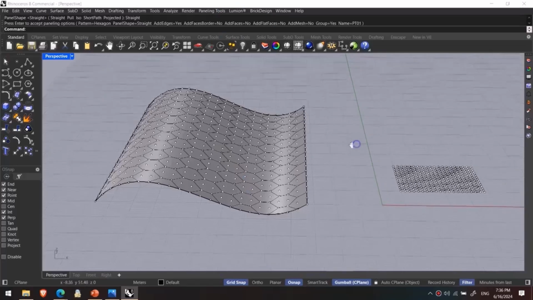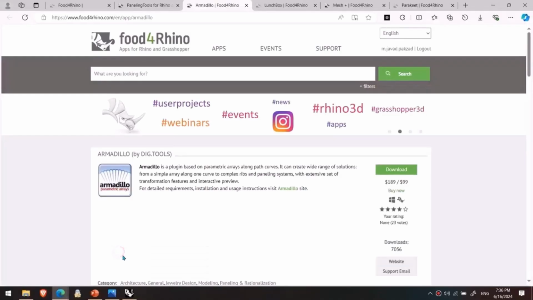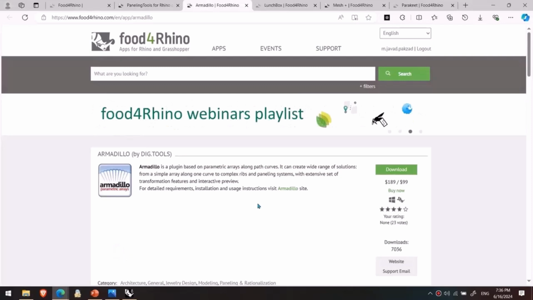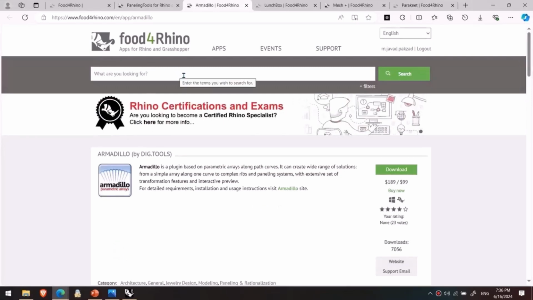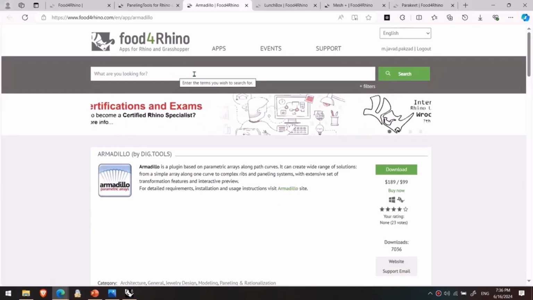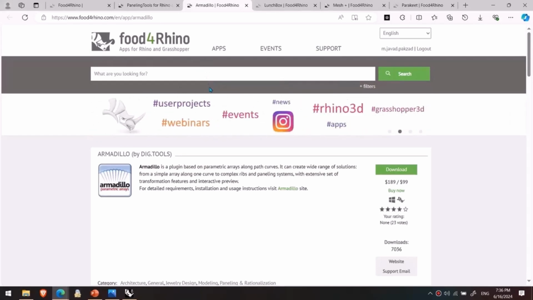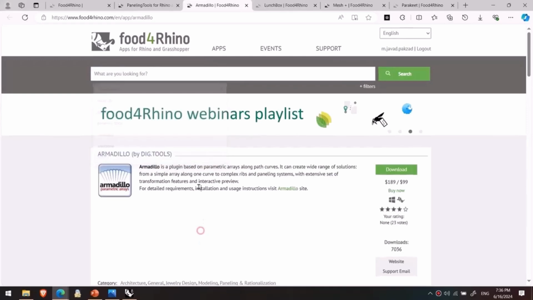plugin that you can download from Food for Rhino. In Food for Rhino, we can search for the plugins that you want to have installed for Rhino. And another plugin is Vectorize here that I want to search for. Let's see. Here we click on the search box, paneling tools,